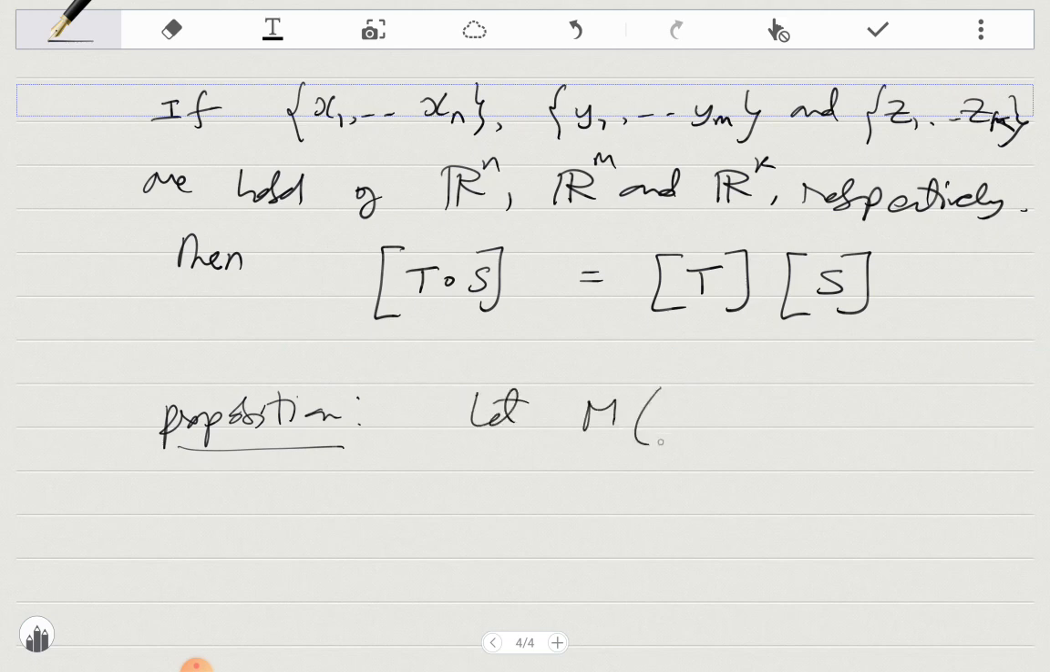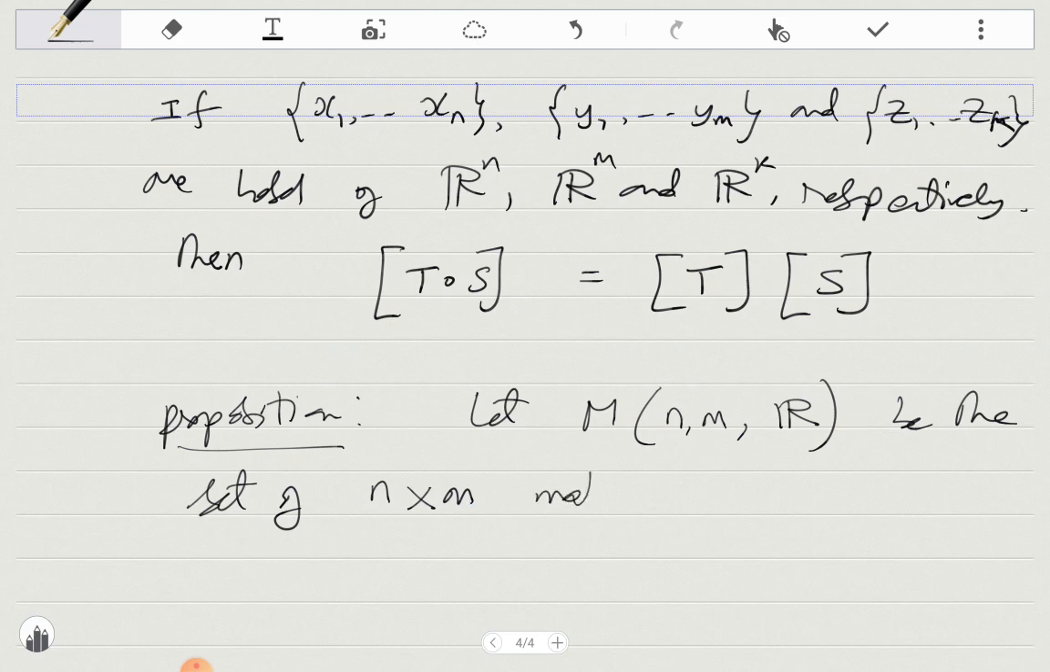Let M(m, n; R) be the set of m cross n matrices, that is, m rows and n columns. This is a vector space